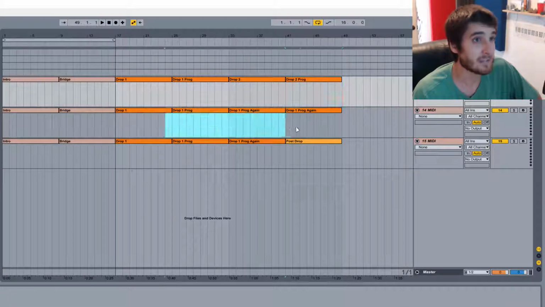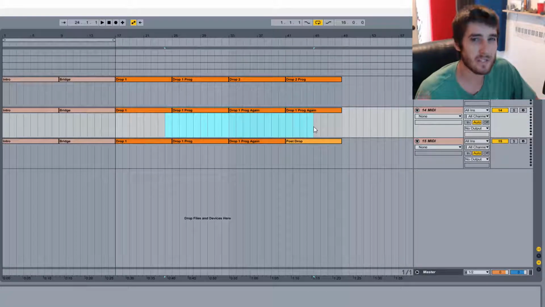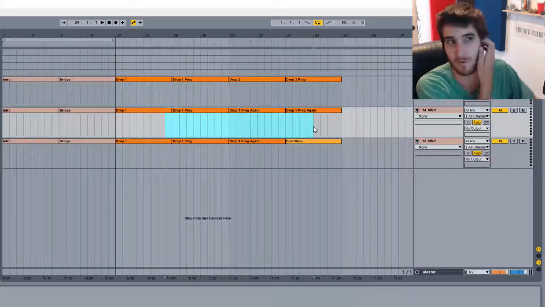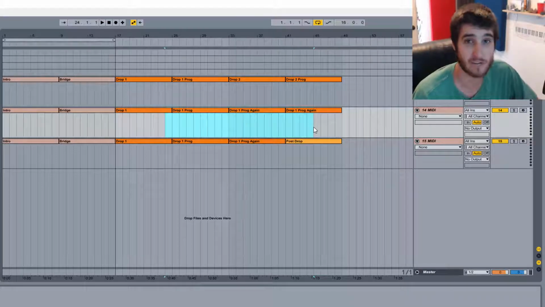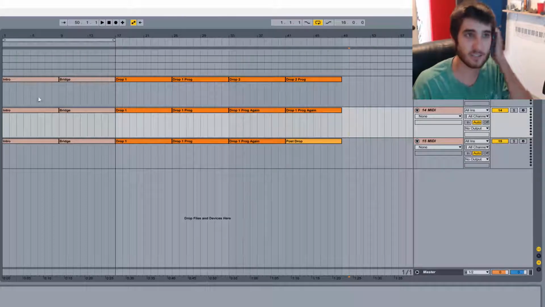This I would stay away from unless you have a really catchy loop. If it's a loop you can't get sick of and you just want it on repeat, then I would go with the progression and keep stacking it. But for the most part, after 2 repeats, you're going to want to switch things up to keep the listener interested,